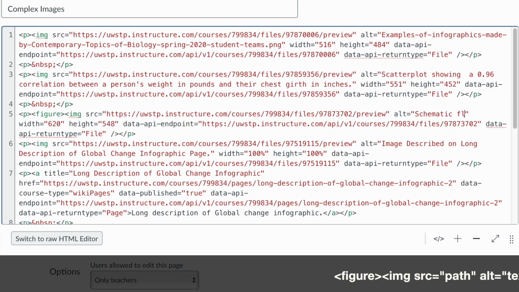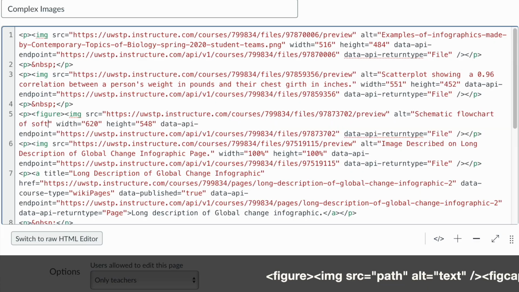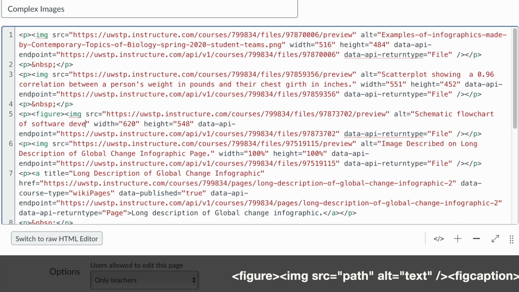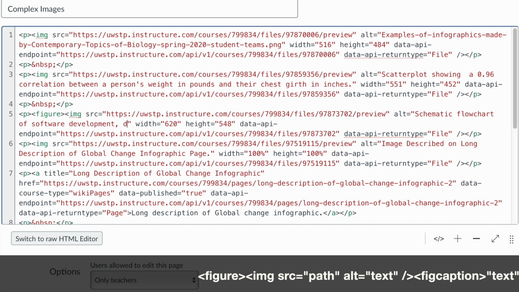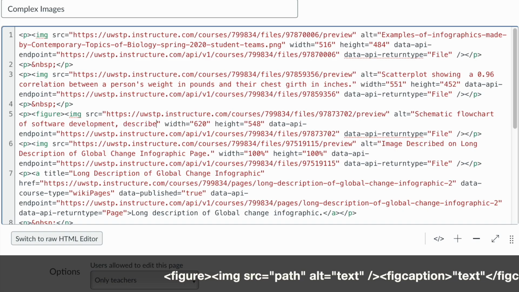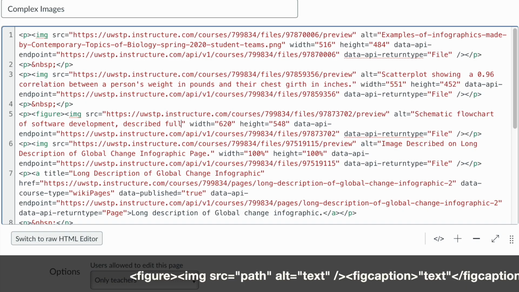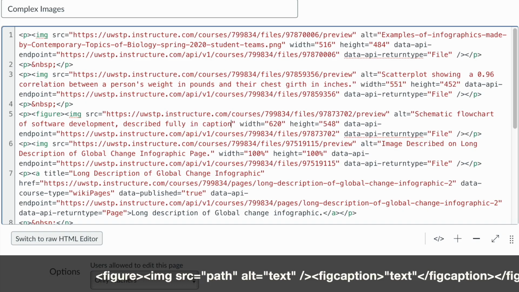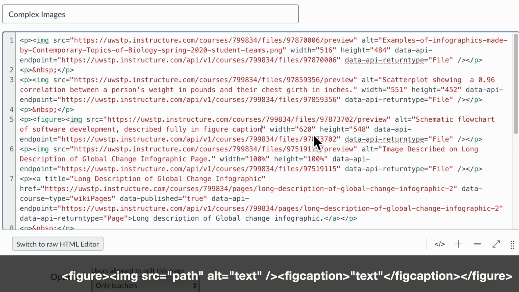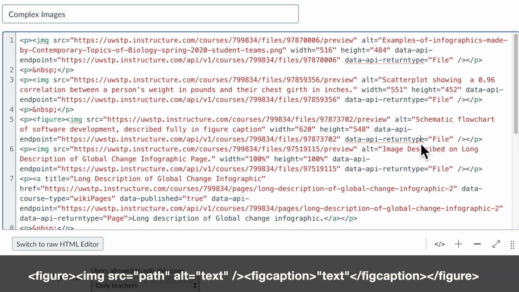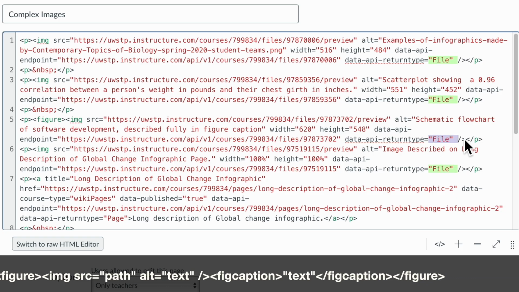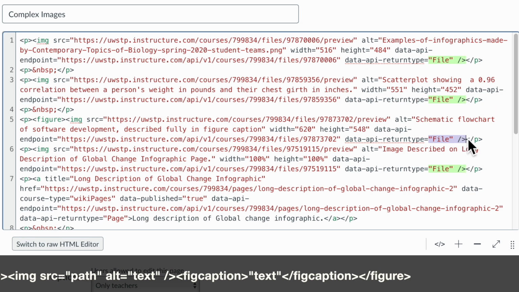I'm going to change this here to alt equals, quote, schematic flowchart of software development described fully in figure caption, end quote, so that the alt text both gives a brief description and directs users of screen readers to where the goodies are. Then we're going to go to the closing of the image file, which is the / less